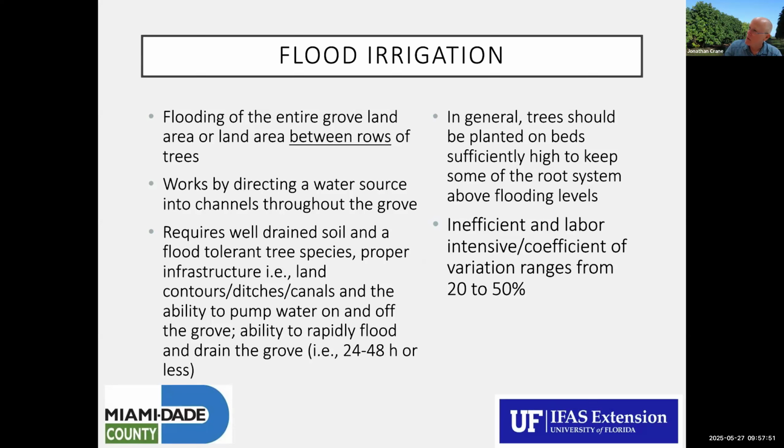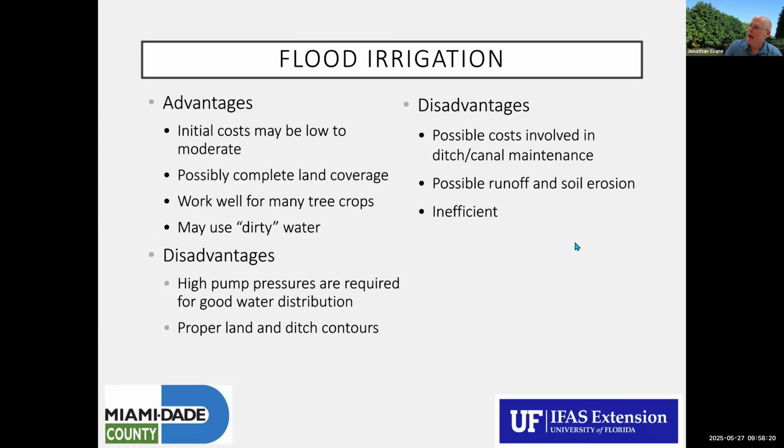In general, this is used in areas where the trees are planted on beds, such as in the flatwoods areas where citrus was commonly put on beds. It is labor intensive and it tends to be rather inefficient. In other words, the irrigation water is not necessarily evenly distributed throughout the whole profile or the land area, but it is a workable system. Some of the advantages: